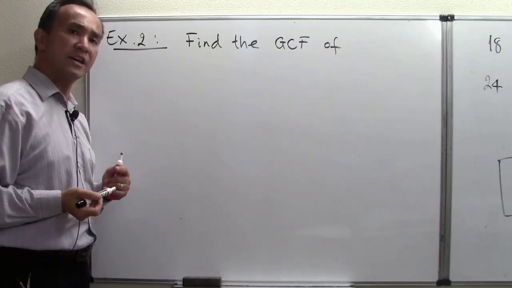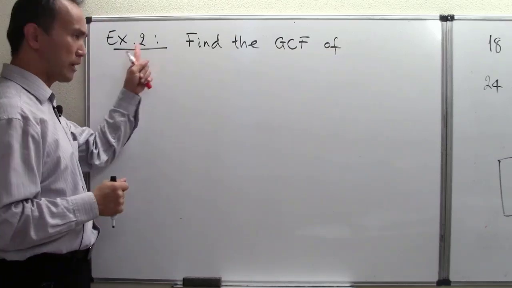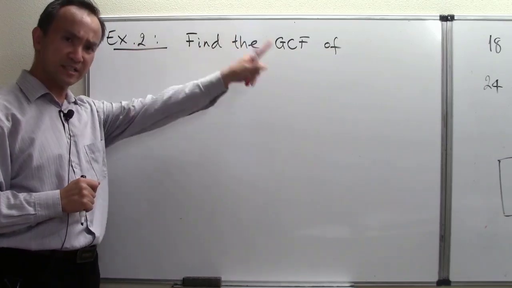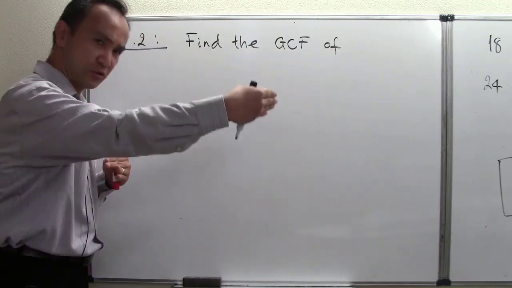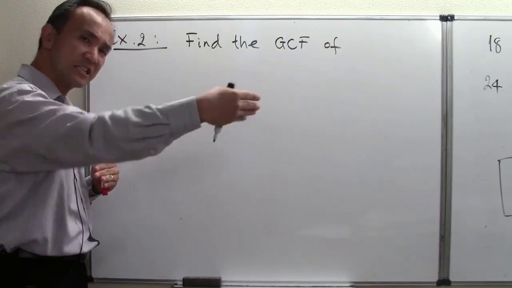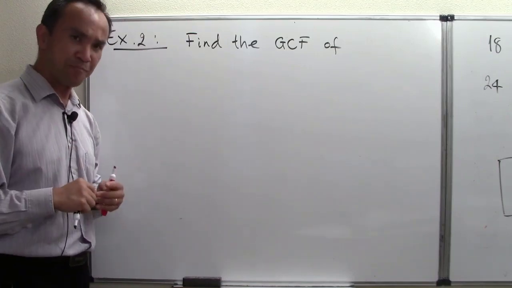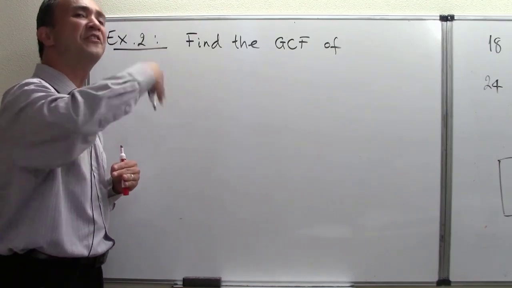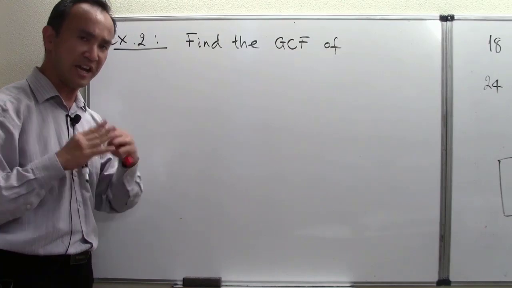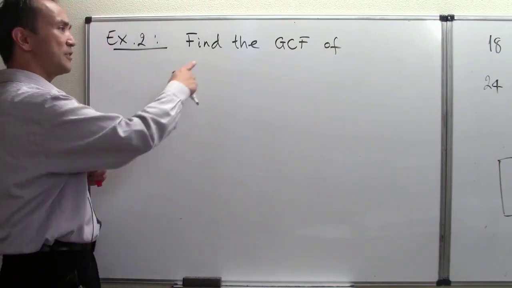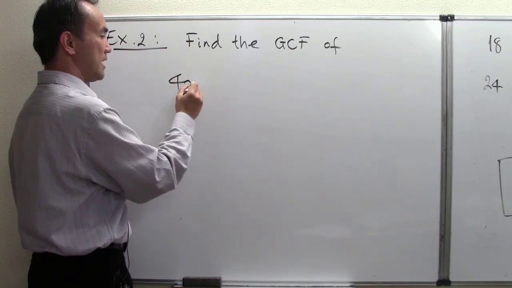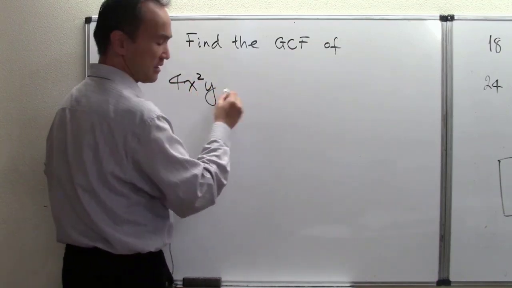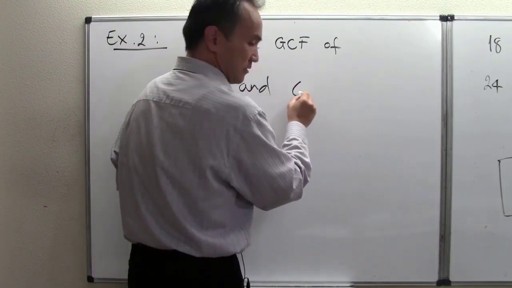I would like to bring in another example. Let's call that example 2. We're still doing the exact same instruction as in the earlier example. You get to see the repeated steps for finding the GCF again, but I'm going to bring in some further experience to enhance your learning. Let's find the GCF of 4x squared y and 6x